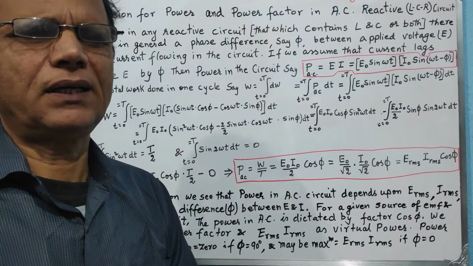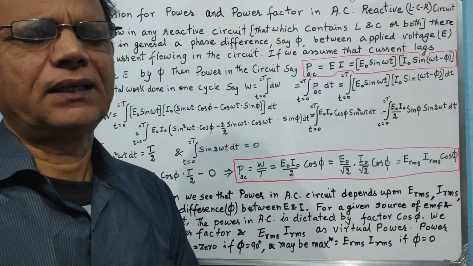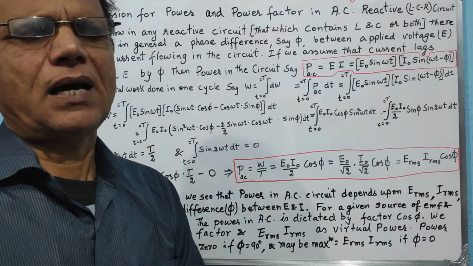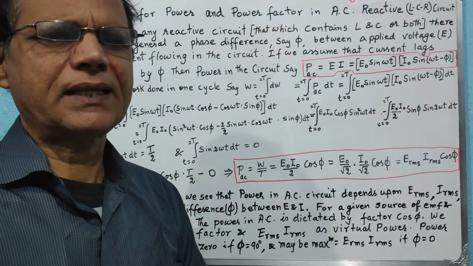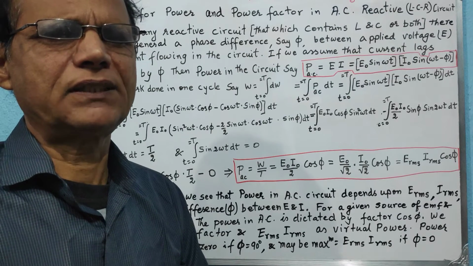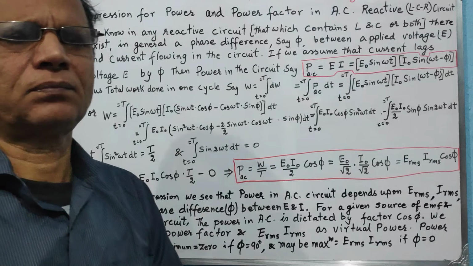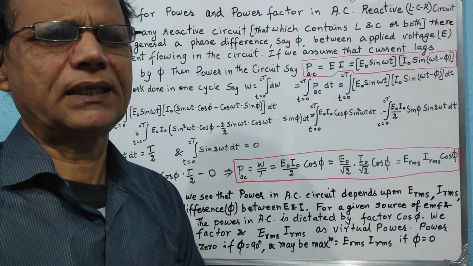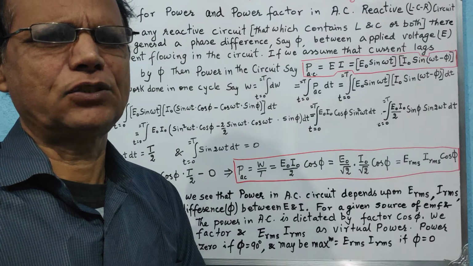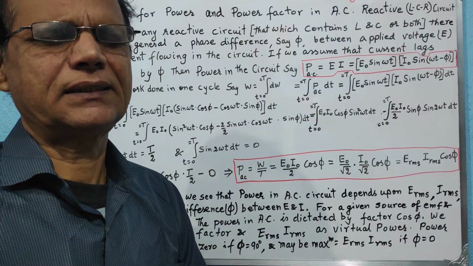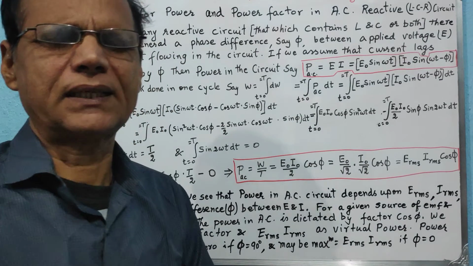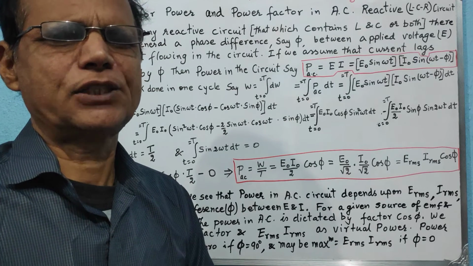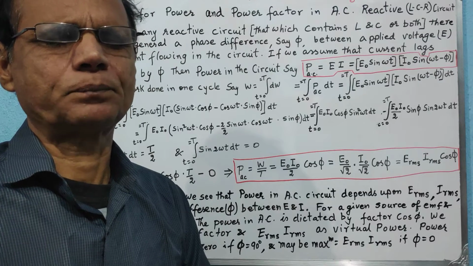You see, we have already learned that any circuit which contains inductance or capacitance is called a reactive circuit, because it reacts according to the frequency of the applied alternating EMF. And we have already talked that for a purely inductive circuit, the reactance is known as inductive reactance, and for a purely capacitive circuit the reactance is known as capacitive reactance, and we have also derived the expressions for these separately.